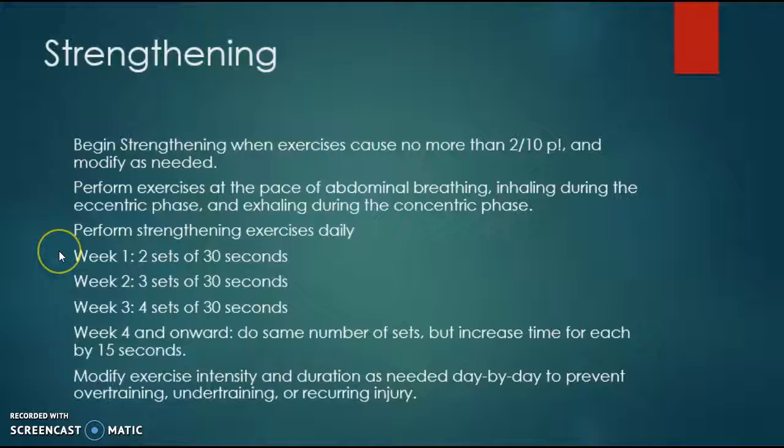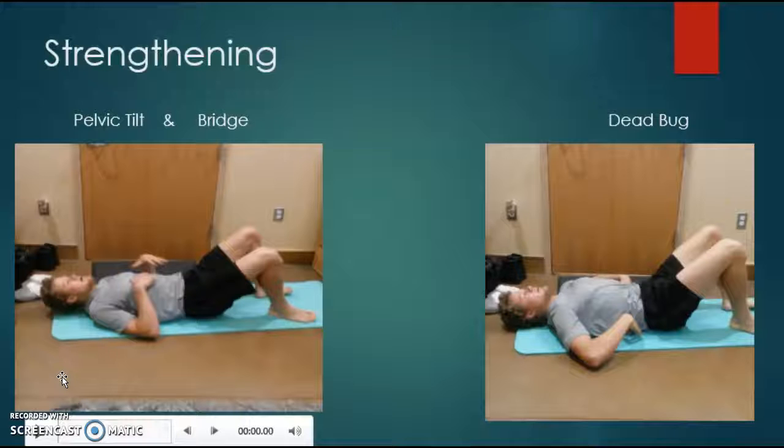During the first week, we will perform 2 sets of 30 seconds. During the second week, we will perform 3 sets of 30 seconds. During the third week, we will perform 4 sets of 30 seconds. And from week 4 and onwards, we will do the same number of sets, but increase the time for each by 15 seconds. We will modify exercise intensity and duration as needed, day by day, to prevent overtraining, undertraining, or recurring injury. The first of the exercises to begin with is the pelvic tilt,